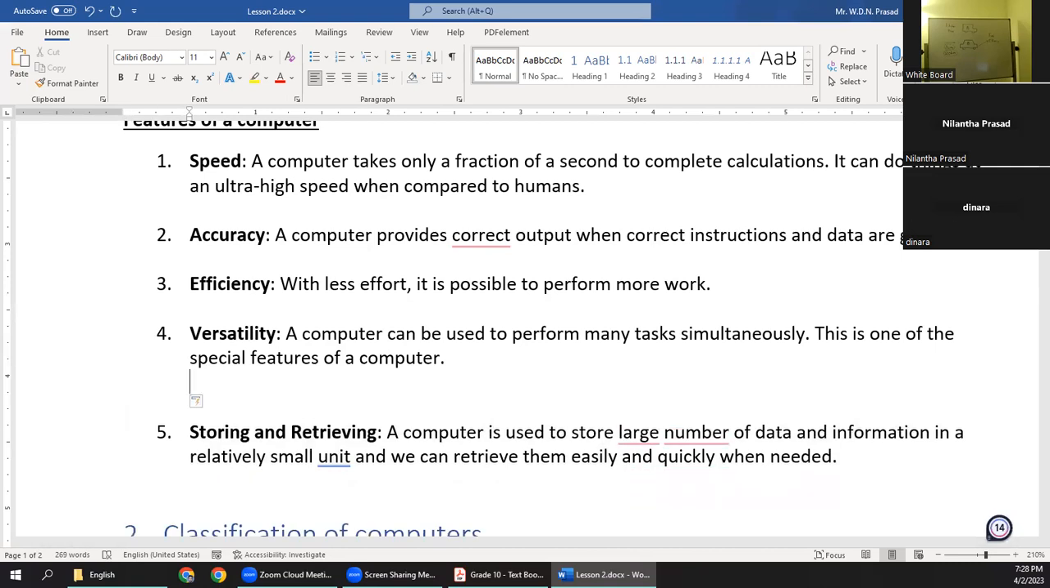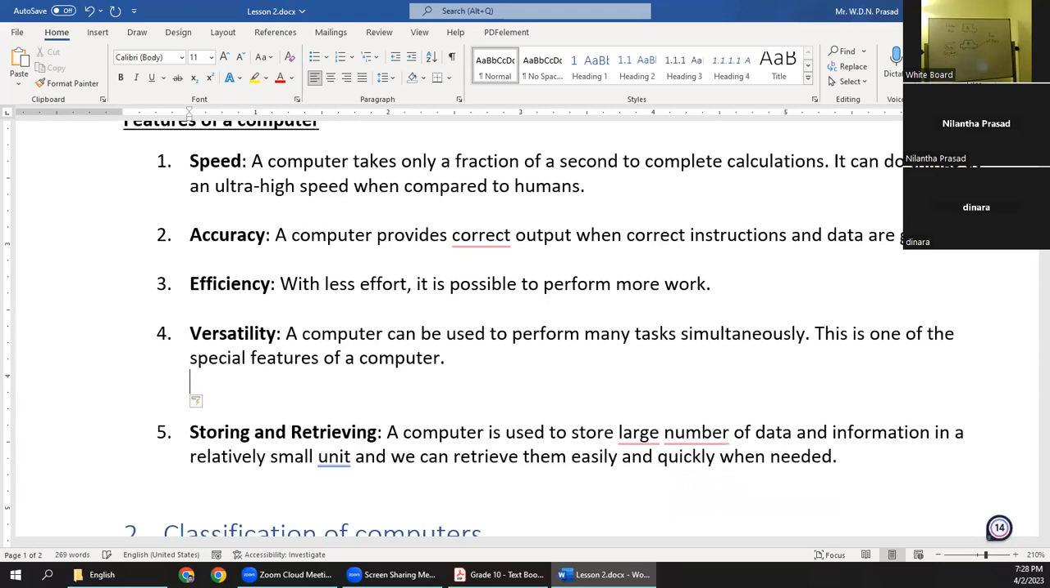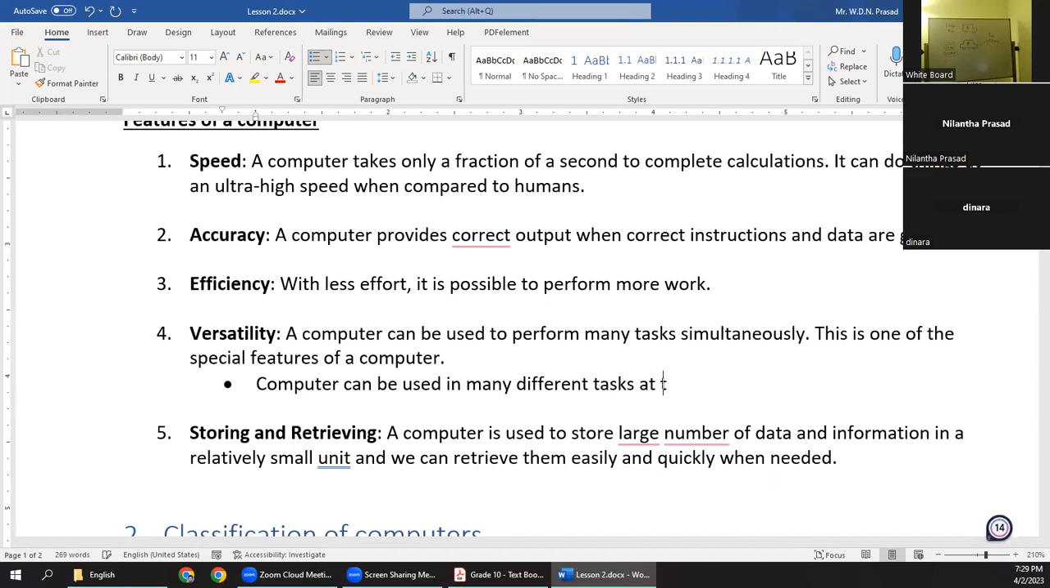So there are two types of versatilities. One is, so we'll write down. Do you have enough space here? Do you have space, Dinara, over here? Yes, okay. We'll write down. So one example of versatilities, that means first thing is computer can be used in many different tasks at the same